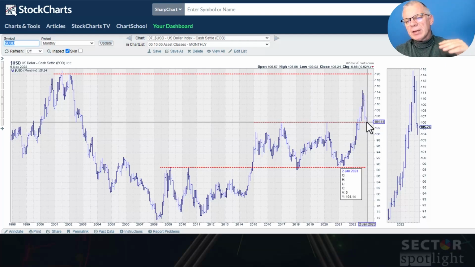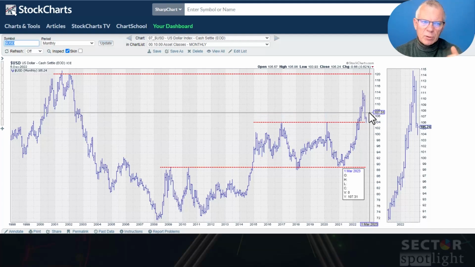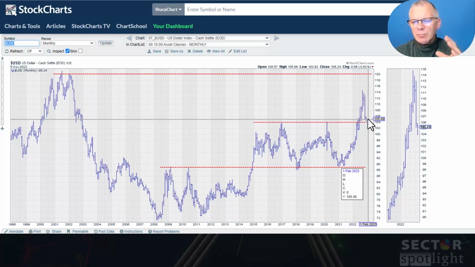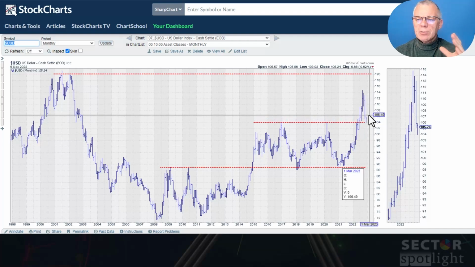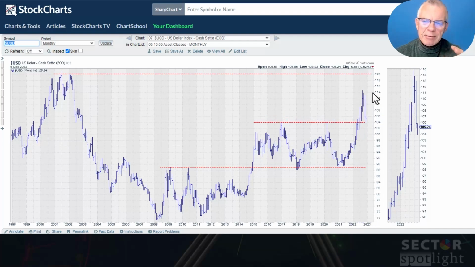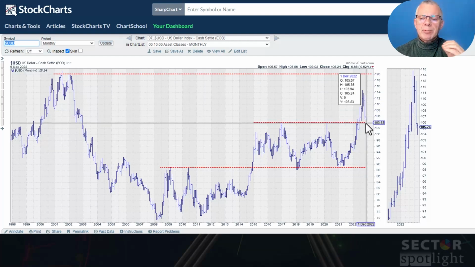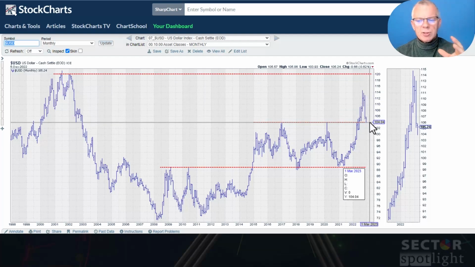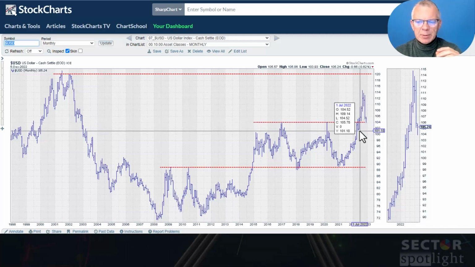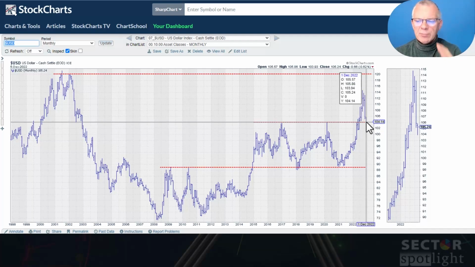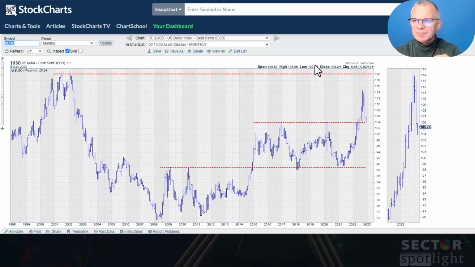If that holds, and we're going to see upside movement for the US dollar index, then we are very likely in for a renewed visit of the 114 area, and potentially the all-time highs that are around 120. So US dollar currently at a pretty crucial level. I'd love to see it hold here. If we drop back below 101, the scenario doesn't get much stronger, but it's still possible. But I would not be as bullish anymore as I am as long as we're holding above 104. So that is a pretty crucial level for the US dollar.